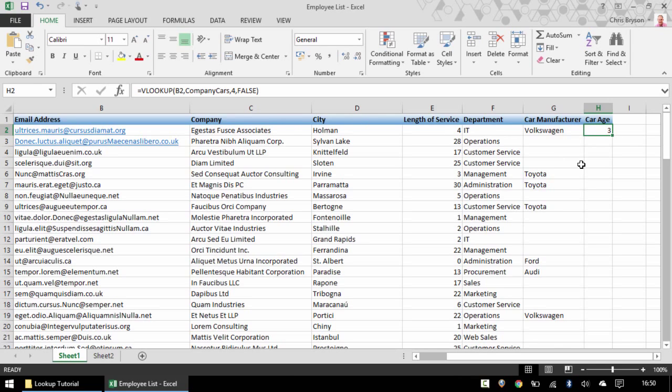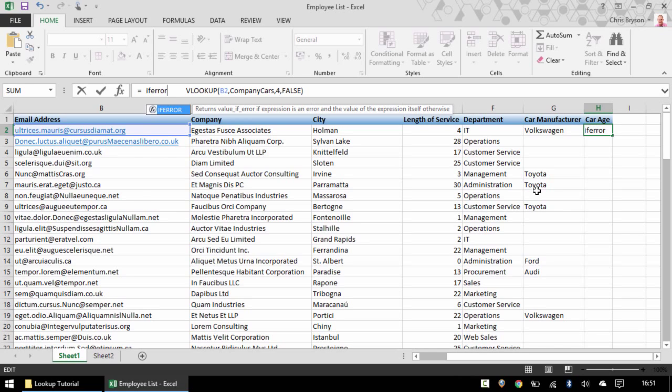Now, this time, before I autofill it down, I'll just put in the IFERROR. So this time, and we can put spaces in here as we construct this, we can put in IFERROR. It doesn't have to be in capital letters, but it's good practice to do that. IFERROR, open the bracket, and you can see I'm putting spaces in to kind of emphasize how this is